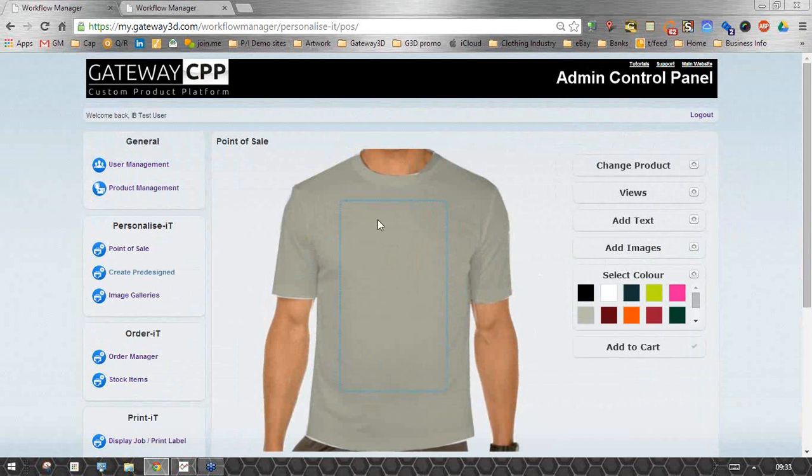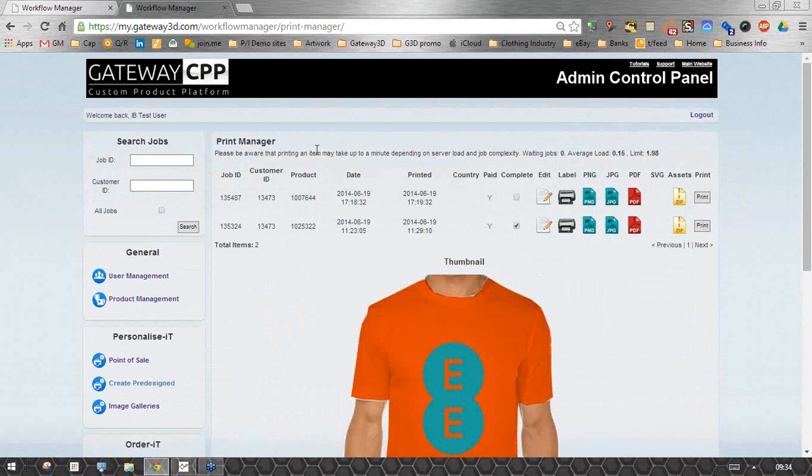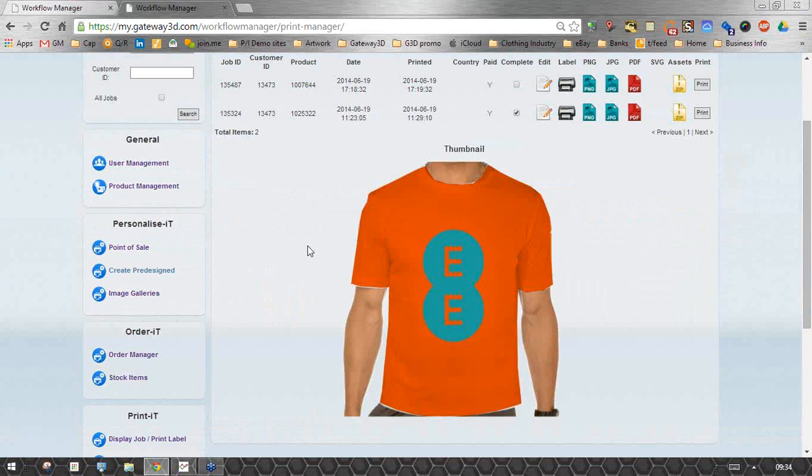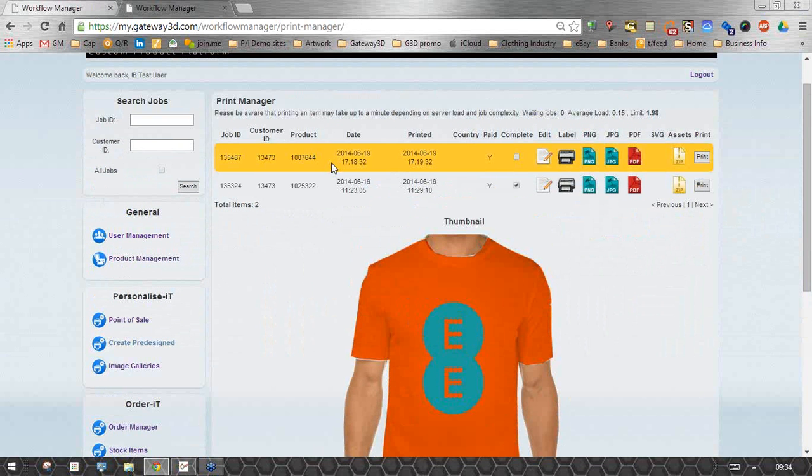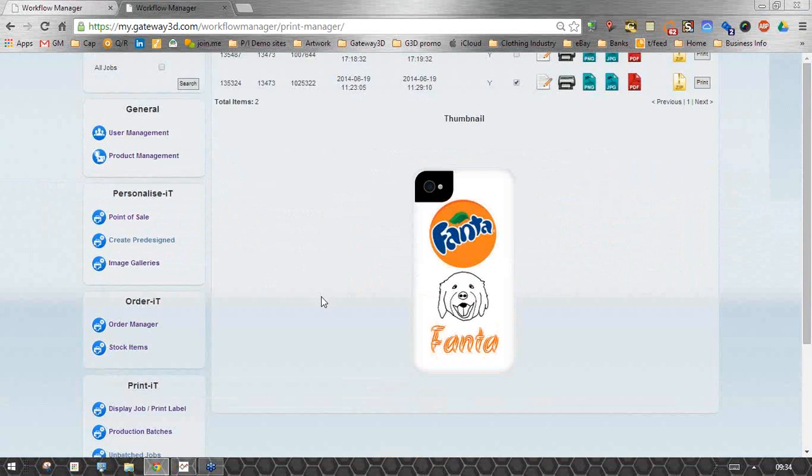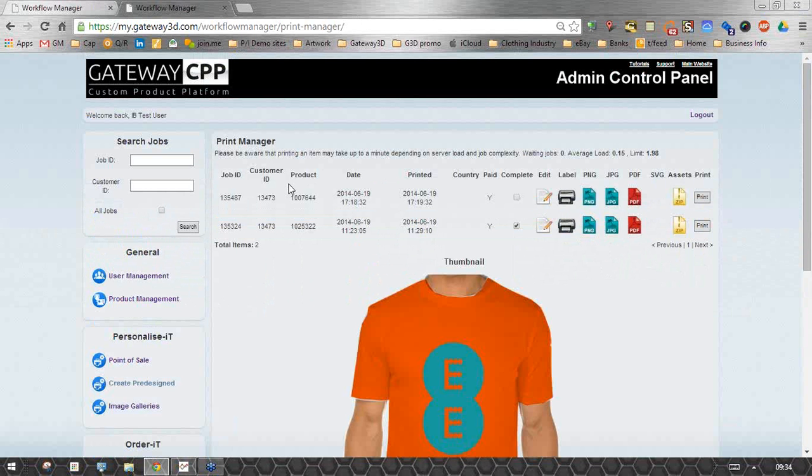The usual process when this is in a website is when you come to add into cart, it will communicate with the payment provider, take the money, and then only at that point would it generate any artwork files. So I've got this interface open. The other interface I've got open is the print manager interface where the orders are received once they have gone through the cart. So there's a T-shirt that I had prepared earlier, and there's a phone case for a different thing. So I've just got these two interfaces open, and then I also have open